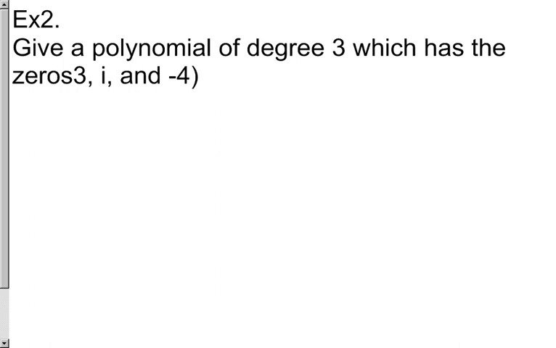I'm emphasizing the point over and over again. It's the same concept over and over again. Okay? So what would be P of x? x minus 3i times x minus i times x plus 4. What will be the P of x for this particular case? And you expand them out and you'll see what